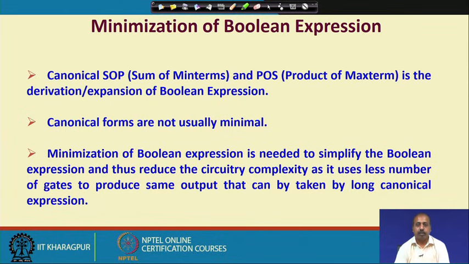Keeping that in mind, many a time what we do is some heuristic minimization and be satisfied with that. Anyway, that is not the purview of this course. So, we will be restricting ourselves to Boolean expressions of a small number of variables, up to 6 variables, and we will see some technique by which we can do the exact minimization.